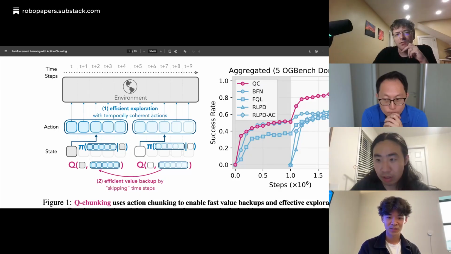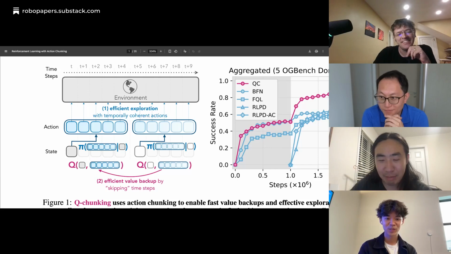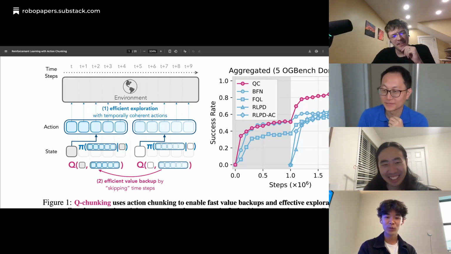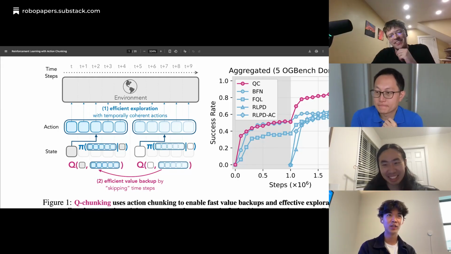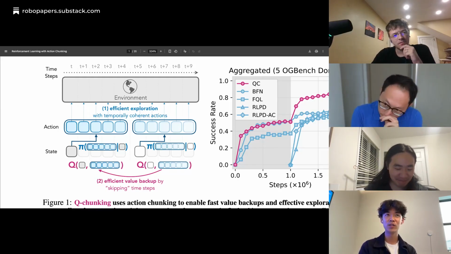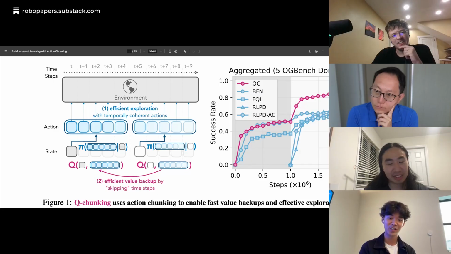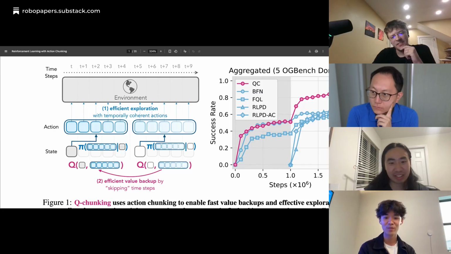Great. Well, are you going to try it on a real robot at some point? Yeah, I think that would be cool. One particular difficulty when trying on the real robot is that, as you said, Chris, the Q chunking space on a real robot could be really large. With a typical action chunk of 50 over 6-7 DOF arms, you essentially blow up the action dimension a lot.